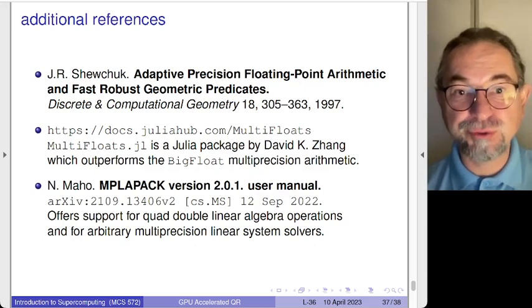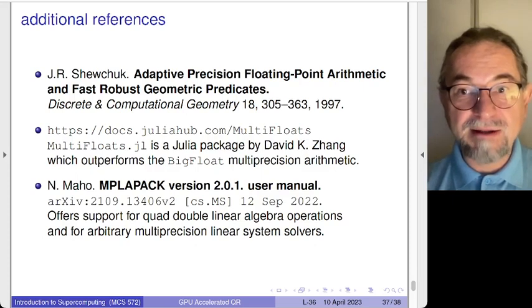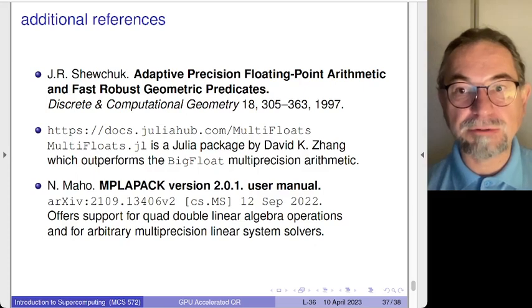And then, of course, there is Julia. I used Julia. So there is the package MultiFloats that is going to outperform BigFloat by great factors. Of course, BigFloat is true multi-precision, so not an entirely fair comparison. And then there is the MPLAPACK. So I worked on my own self-contained version, but there is the MPLAPACK that supports arbitrary multi-precision linear system solvers and also quad doubles. So that's also an additional reference that needs to be